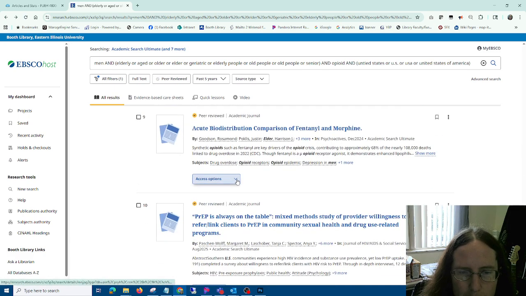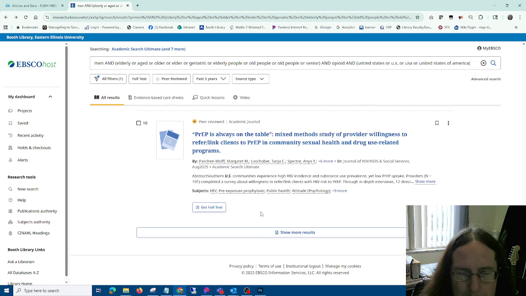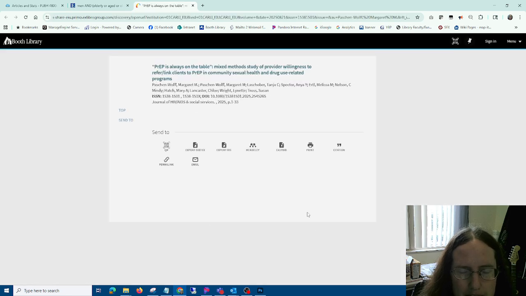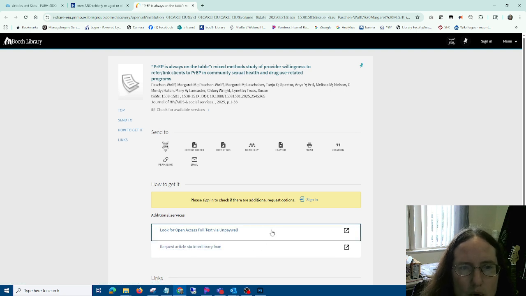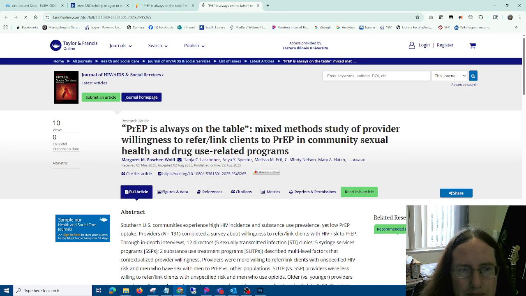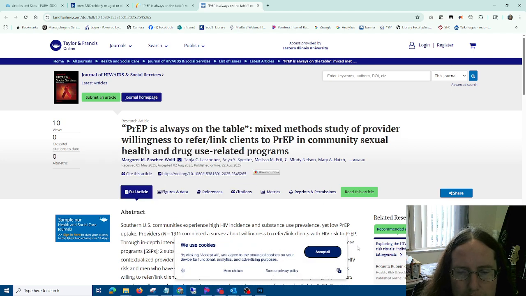There will be some where there are other options available. So let me see if I can find you one of those. Here's one that just has Get Full Text. So we're going to click the Get Full Text icon, and it's going to go out and look for it. And it gives us two options: look for open access via Unpaywall, and request via interlibrary loan. What we are looking for here is a 2025 article, pages 1 through 33. So if we go into Unpaywall, it did find it for us,